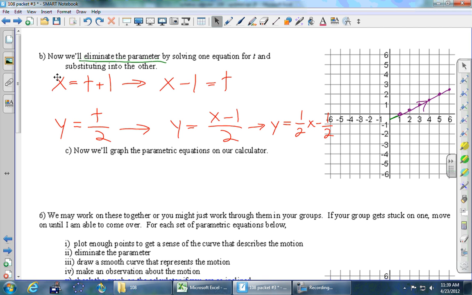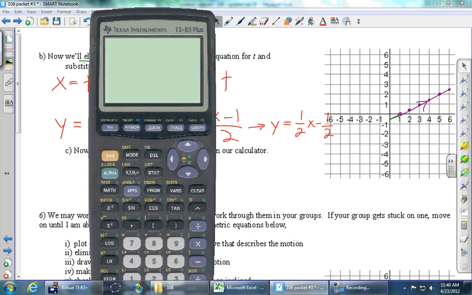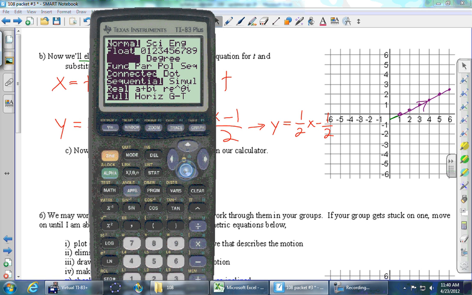Okay, so you already know how to graph 1/2 x minus 1/2, but we don't really have a way to get the calculator to start at t equals 1, or x equals 1, and then stop at the end. So this is something new. What I'd like you to do is go into mode and scroll down to that thing that says FUNC. Where do you think we're headed? Par, which is not a golf term, it is parametric. So hit enter,